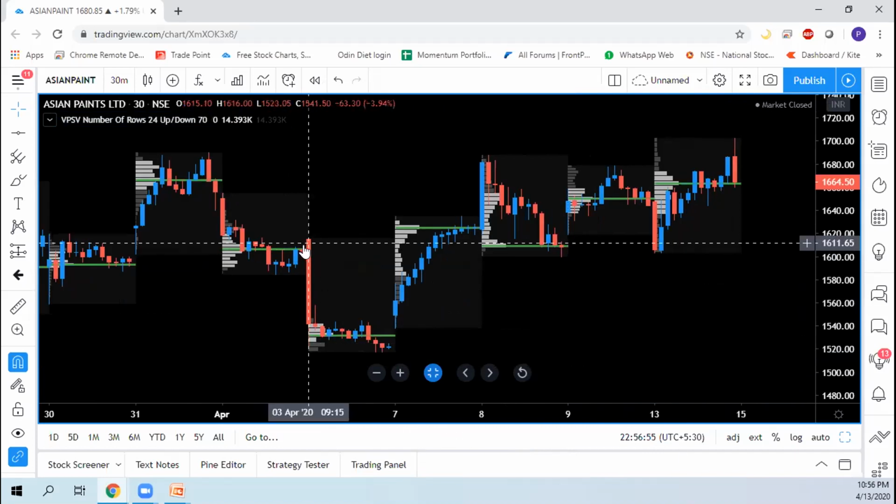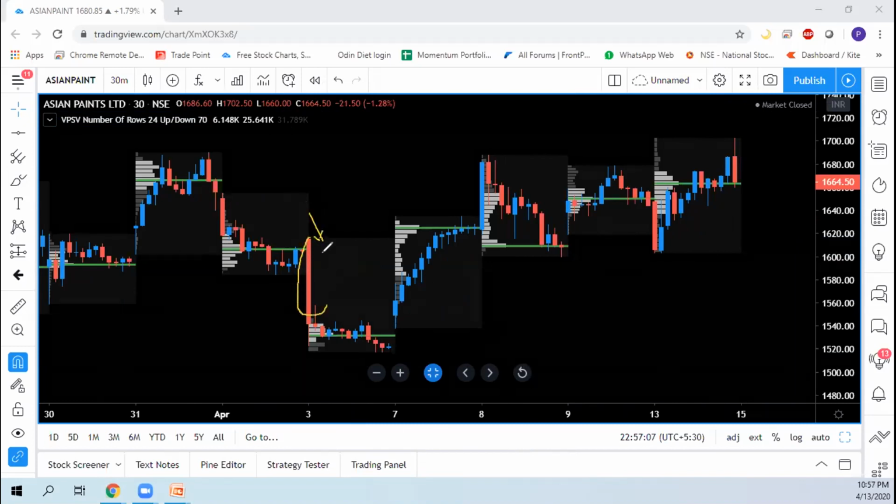This is a kind of long liquidation profile which happened in Asian Paints on March 7th, I hope. This is a long liquidation day where we have a very nice single print. The same concept we discussed in market profile holds over here. This will look like a single print in the case of a market profile chart. You can see it in the candle also. You have a big candle over there, and